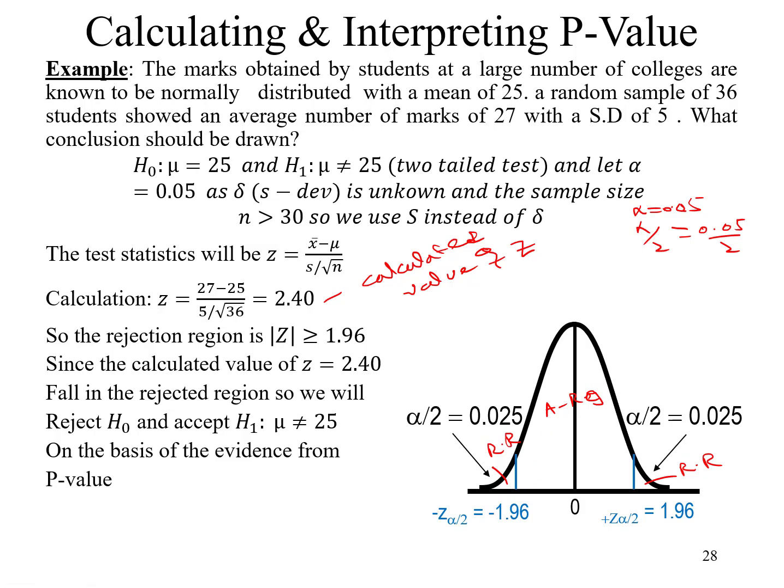Now, the accepted region is what we get when we subtract the rejected regions. Because the total area is equal to 1, this is basically 1 minus alpha. When we exclude alpha, this will be the accepted region. So we now want to calculate this accepted region. One way is to integrate the normal probability distribution function, which is very complex. We wouldn't be able to do that.